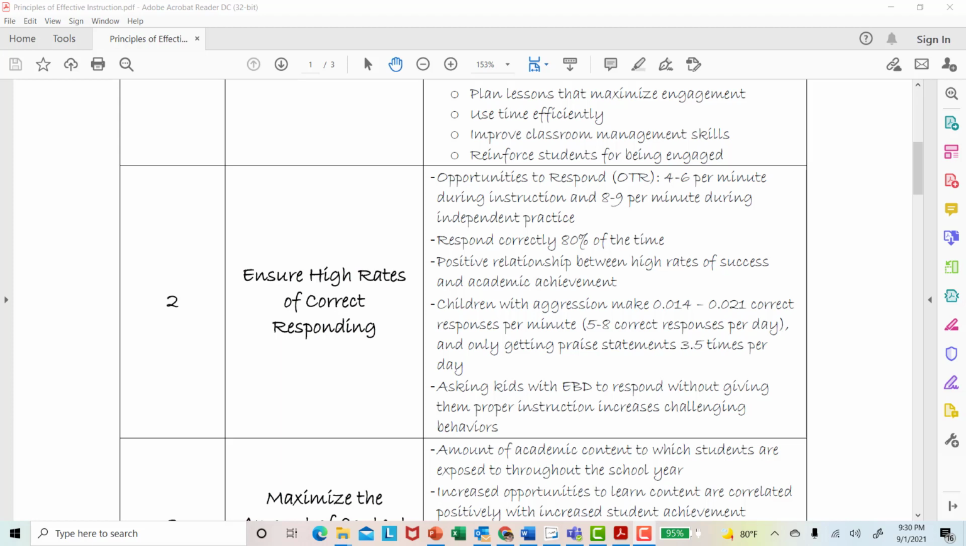And not only is it important that they have opportunities to respond, but it's also really important that students experience a high rate of success in the academic tasks that they're assigned. So they really need to respond correctly about 80% of the time. And the research shows that there's a strong positive relationship between high rates of success and academic achievement. So the more your students can respond correctly to your opportunities to respond, the more successful they'll be in their